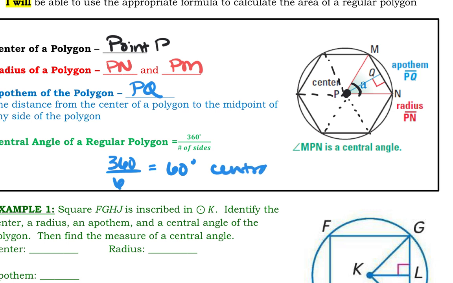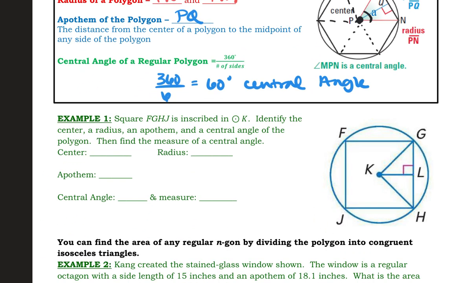Now, you're going to have to know your central angle. This section, continuing on, that Pythagorean theorem and that trig is going to be used for any piece that's missing. All right, let's just talk about the parts real quick. It's a square